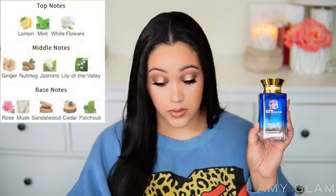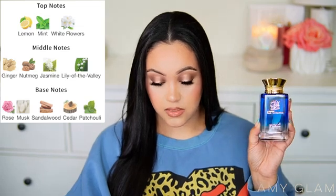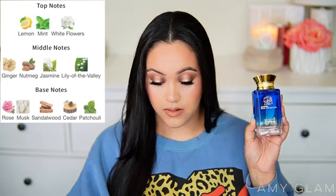But the main accords for this fragrance are citrus, aromatic, and fresh. The top notes are lemon, mint, and white flowers. Middle notes are ginger, nutmeg, jasmine, lily of the valley, and the base notes are rose, musk, sandalwood, cedar, and patchouli. So this one,